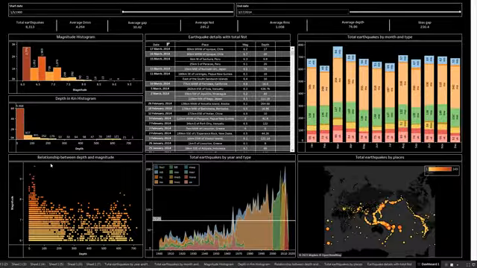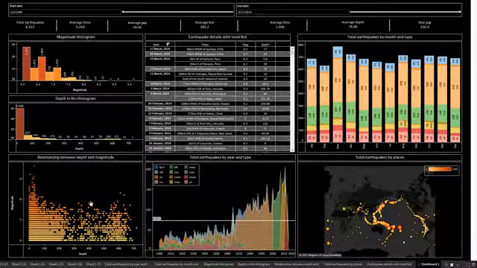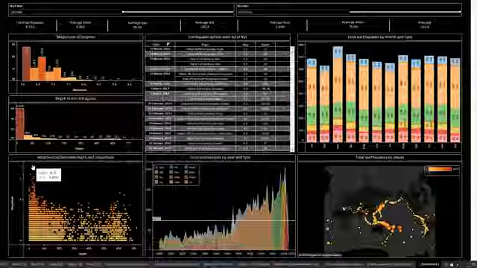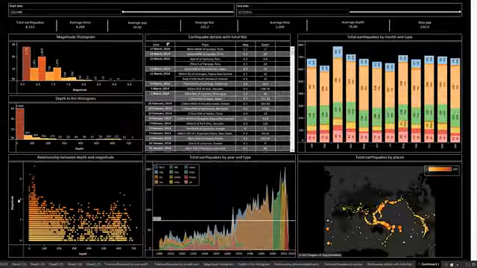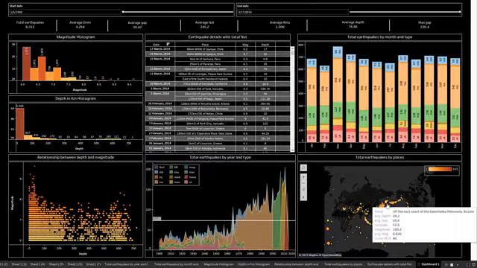Here, for example, for the relationship between depth and magnitude, we can see that the deeper we get, the lower the magnitude gets. Okay, for example, here the highest value is recorded for a corresponding depth of 35 kilometers, okay, which is a very high value of magnitude and a very low value of depth. All right, same thing in the map. For example, we can see that the most active region is here, as we can see here in the east